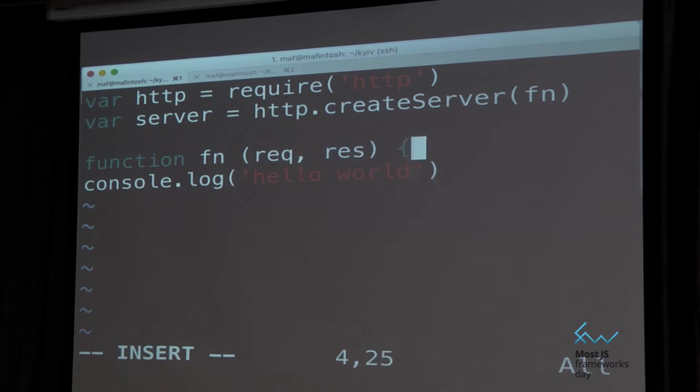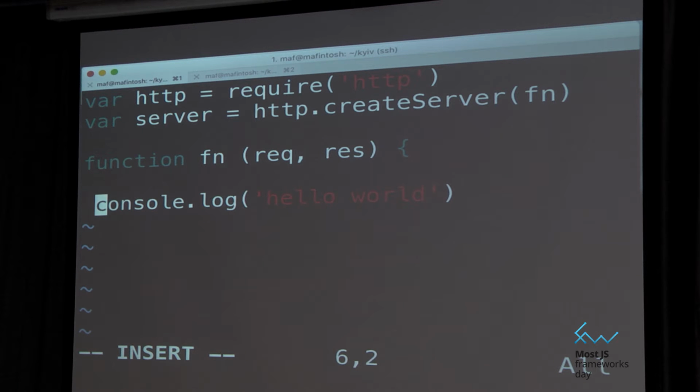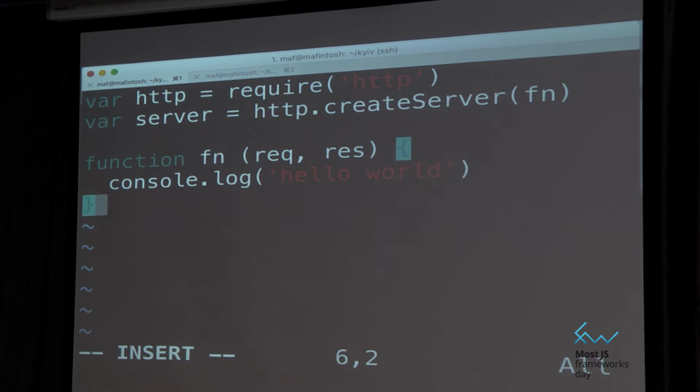So we have a server here. Every time there's a request to this, we just want to respond with hello world, right? Pretty simple. Everybody's familiar with this, I guess, somehow.